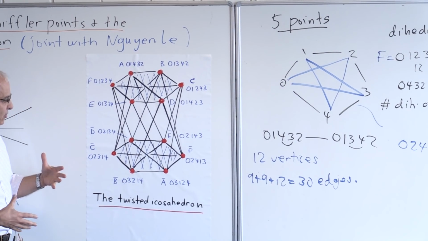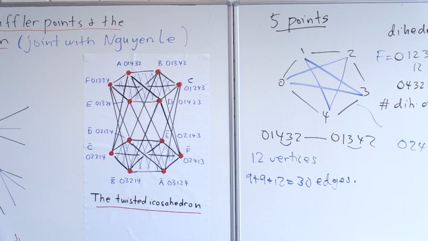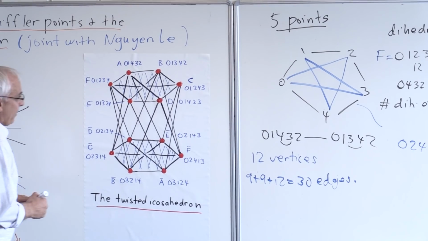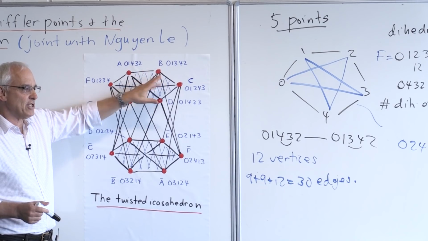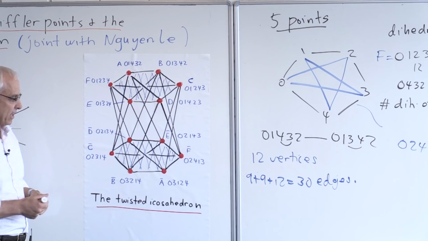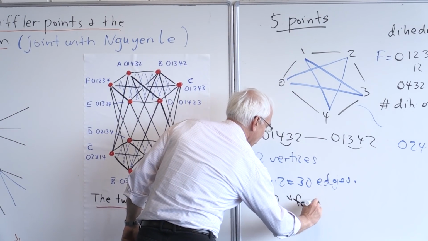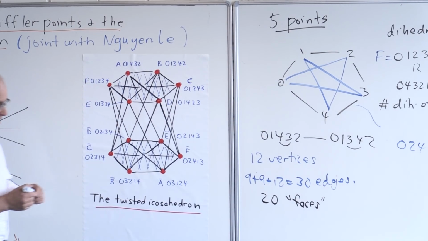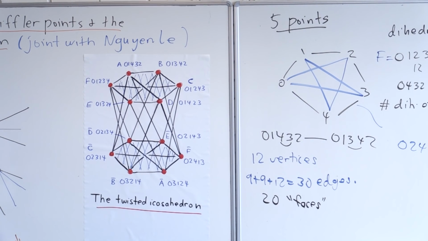So if we agree that those kinds of subsets are some kind of generalized faces, then how many of them are there? Well, I've said it only depends on choosing 0 and 1. So there's 5 choose 2 ways of choosing a pair. So that's 10 ways, and there's 10 here and 10 there. So there's altogether 20 such faces. But they're not faces in the usual kind of surface sense. It's not a planar graph, yes. It's a simplicial complex, perhaps, in that kind of context.